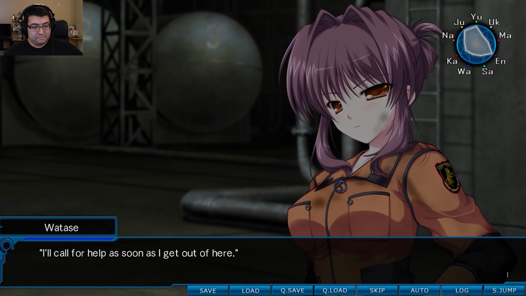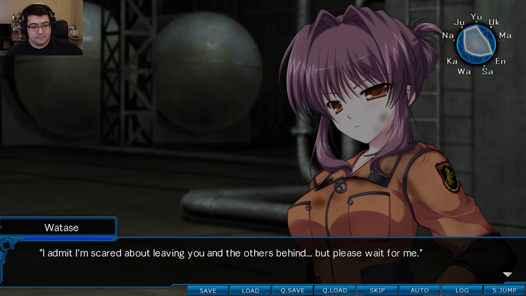俺はここから脱出して助けを呼んでくる。 I hope it's the right choice. お前たちを置いていくのはやっぱ怖いが、待っていてくれ。